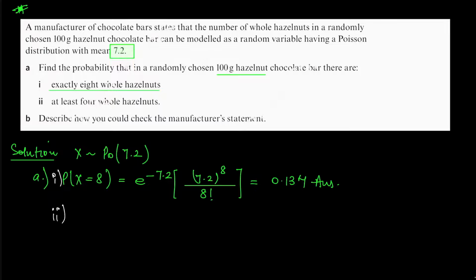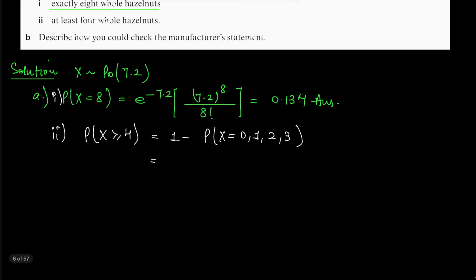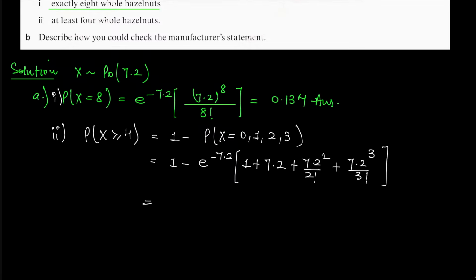At least 4 hazelnuts means probability of x greater than or equal to 4. So in this question, we will solve 1 minus probability of x equals 0, 1, 2, 3, right? So now we will solve this. How are we going to solve this? This is 1 minus e raised to the power minus 7.2, bracket open. For 0, it remains 1. For 1, it will be 7.2. For 2, it is going to be 7.2 squared over 2 factorial. And for 3, it is going to be 7.2 raised to the power 3 over 3 factorial. Close the brackets. Again, we will use calculators over here for the calculations, and the final answer for the given question is going to be